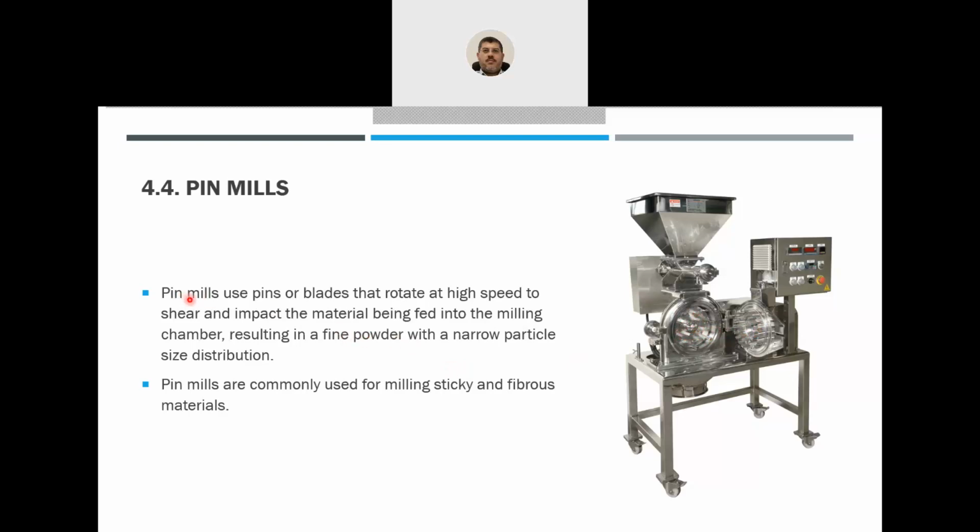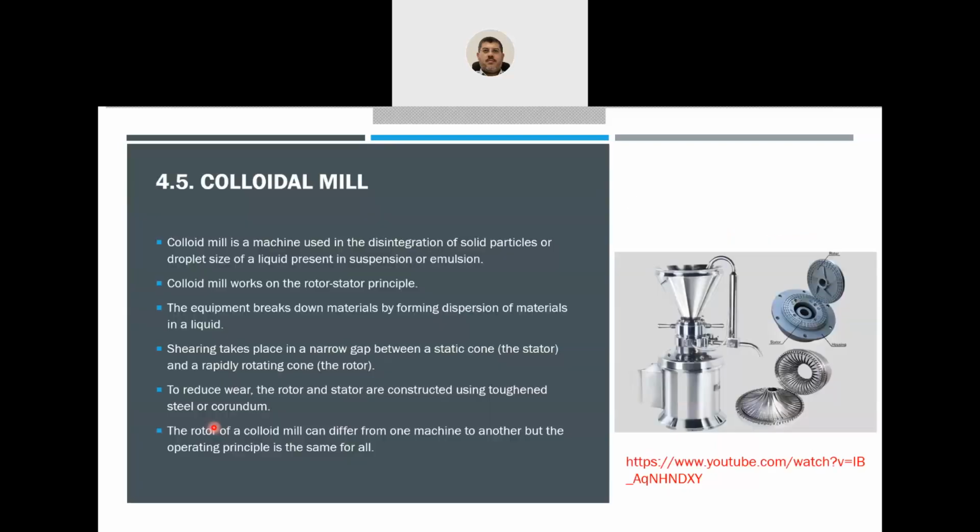So pin mills use pins or blades that rotate at high speed to shear and impact the material being fed into the milling chamber, resulting in a fine powder with narrow particle size distribution. Pin mills are commonly used for milling sticky and fibrous materials. They are more efficient compared to Fitz mills when we deal with sticky and fibrous materials. Okay, this is when it comes to reduction of size of powders,